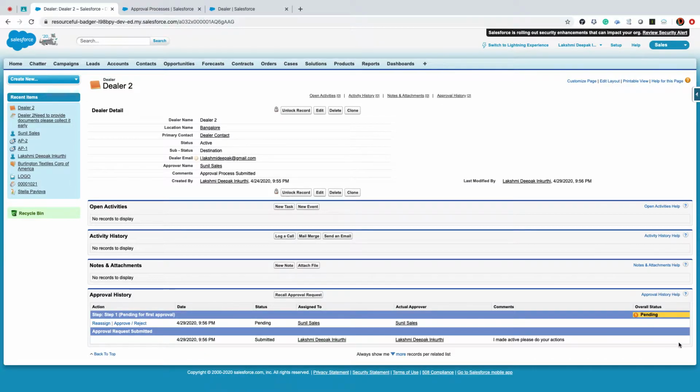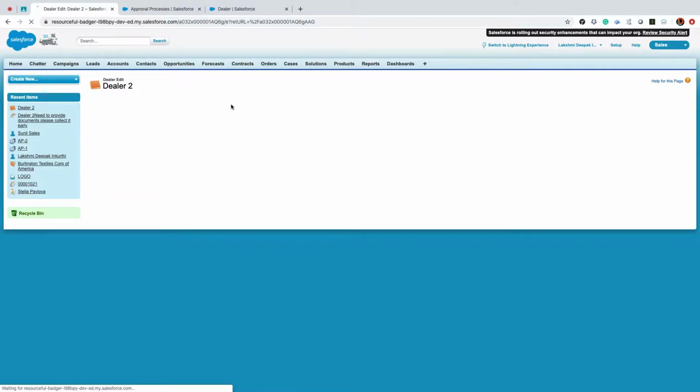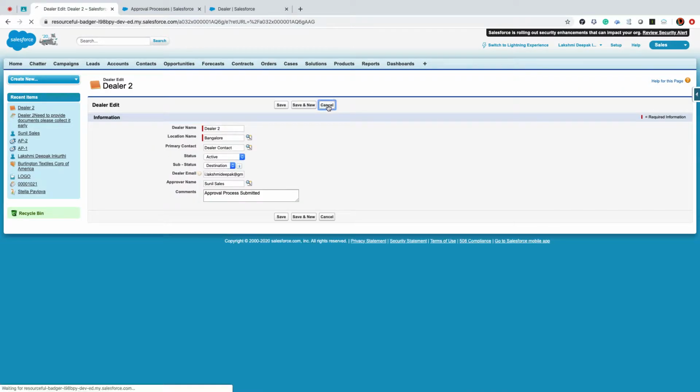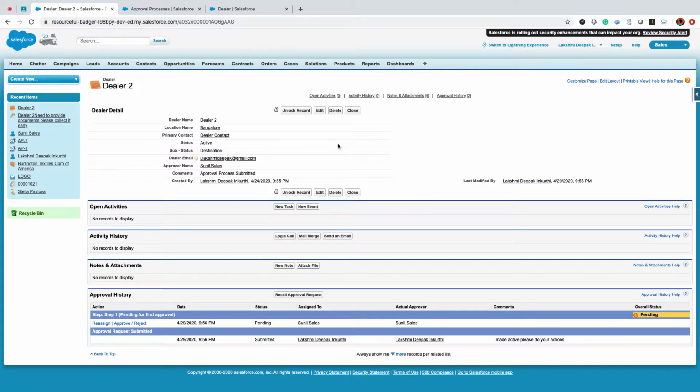Yes. And you can see pending for approval and comment also, approval process has been submitted. And I can update this record, don't worry. I can update the record because I am a system administrator. I have a permission called system administrator, so I can update. But who is the approver here? Sunil, right?